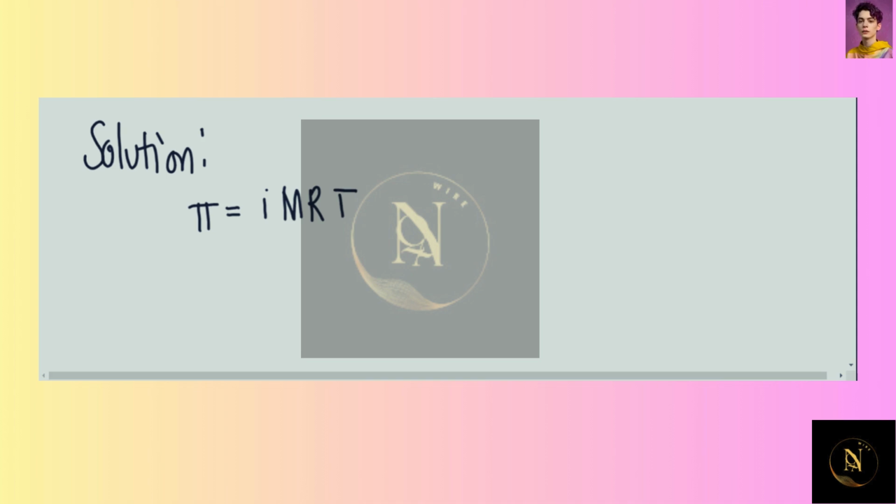Okay, so our unknown here is the number of ions. That will be I. Rearranging this, we will get I equals osmotic pressure over molarity, R, and temperature. So we'll substitute the given here. We know that osmotic pressure is 119